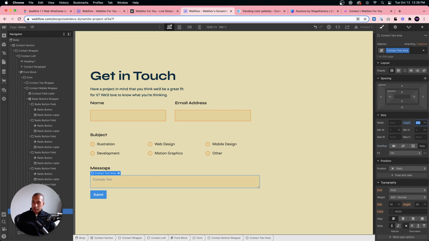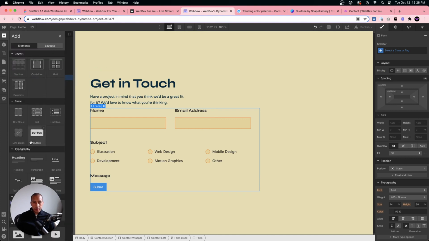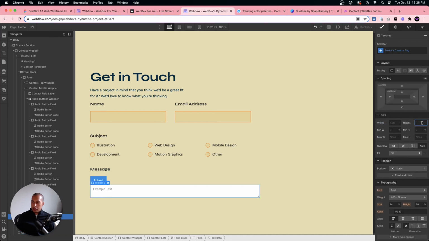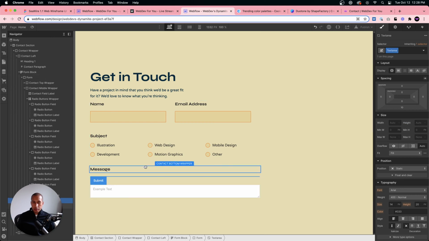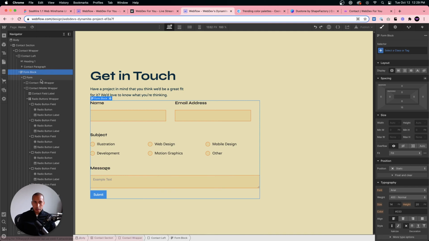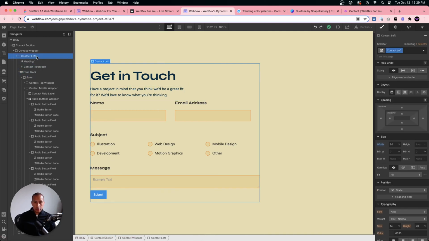It's not letting me change the height. Okay, that's interesting. Let me delete this for a second and re-add it. So text area. Curious. All right, we'll get back to that in a second. It's not letting me change the height here. So must be something, none of this has explicit height to it, so.